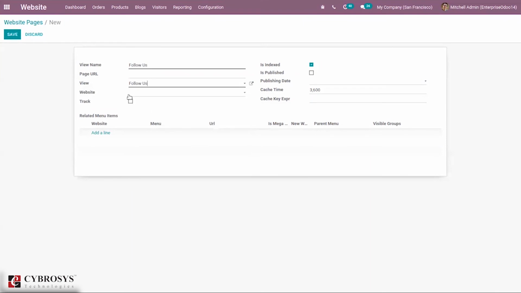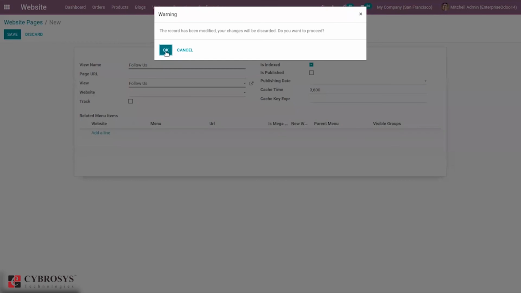We can add a view for our web page, and then we can add the website, that is, to restrict the web page publishing to a particular website. And we can track our page, and we can add related menus for the website page, and we can check whether it is published or not, and we can add the publishing date, and cache time can be seen. In this way we can directly create a web page from the module.